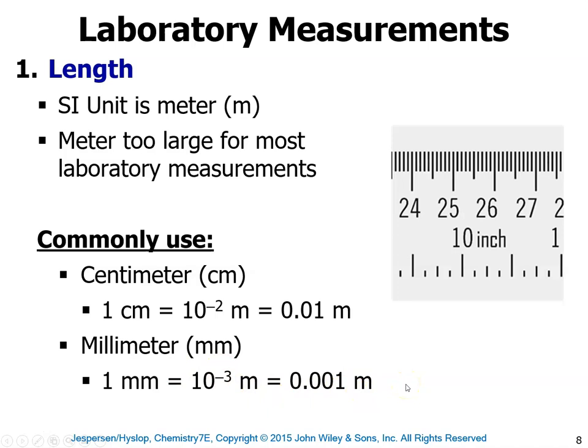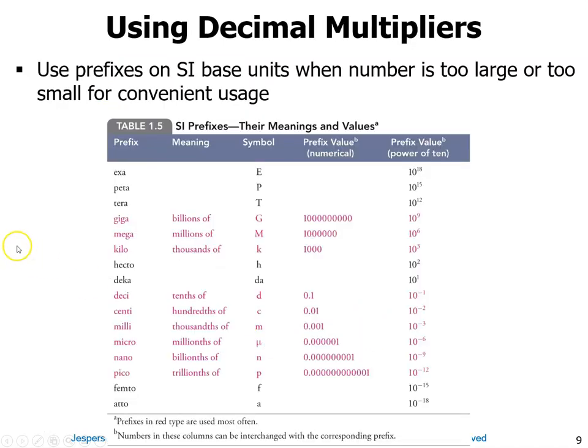So this is why it's pretty easy to make these conversions in metric versus the imperial system, where you have feet and then they go to inches, but they don't come down. With the metric system it's simple because you can just move decimal places, which is very nice for simple and quick calculations. So we use prefixes for the SI base units when the number is too large or small. So looking at this